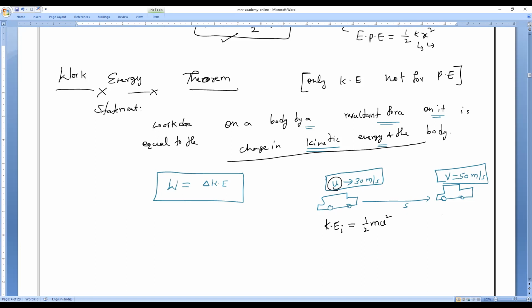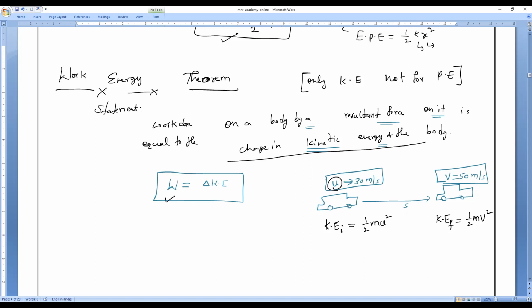What is the final kinetic energy? Half into m into final velocity square. This is the initial velocity, this is the final velocity. So whatever the change in kinetic energy, if you are noticing here, is equal to the work done on a body due to the